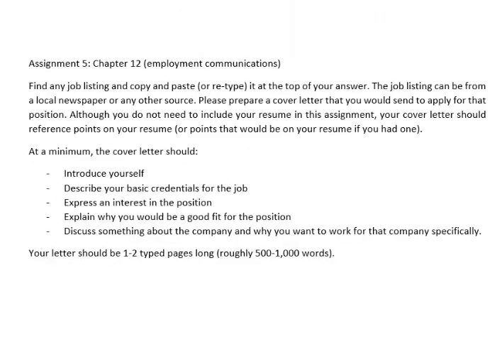The last assignment is almost the ultimate in persuasive writing. The last assignment is essentially convincing somebody that they should give you a job. What's more important than persuading somebody to give you a job? Your first job is to go out and find a job listing that you're interested in. Don't just find a random job listing. Don't just necessarily find a job listing for a bricklayer and say, okay, I want to convince somebody to make me a bricklayer.